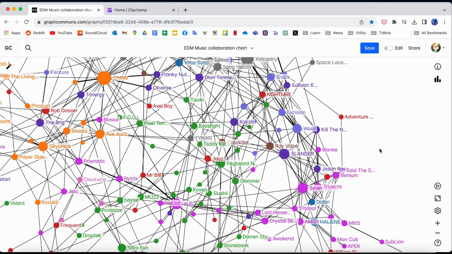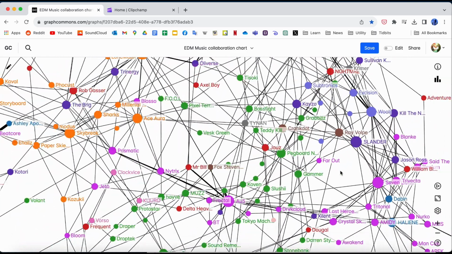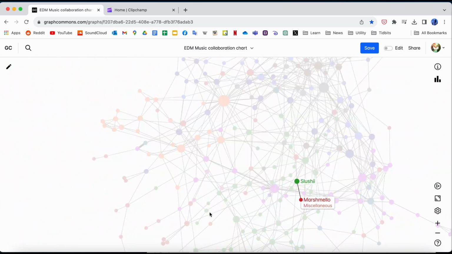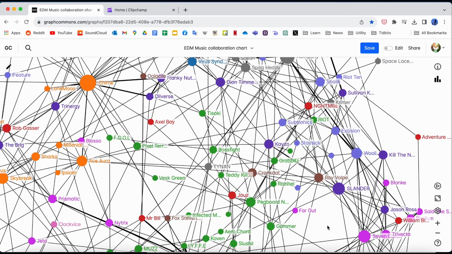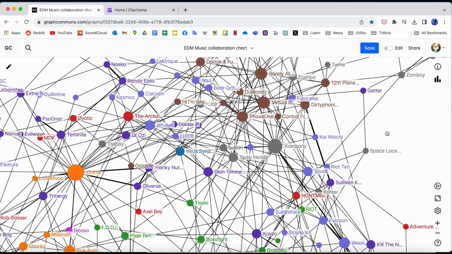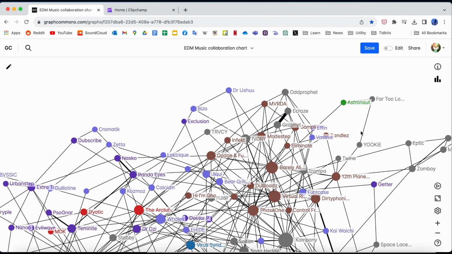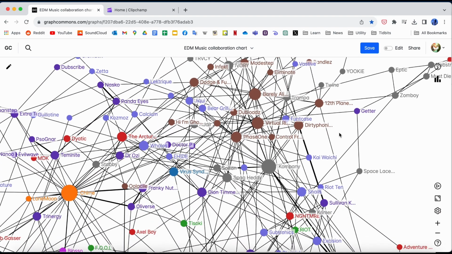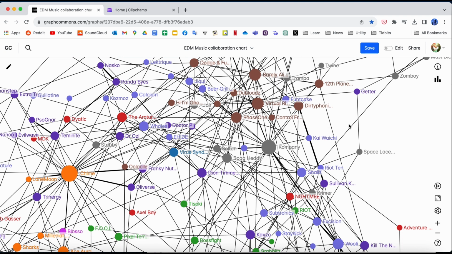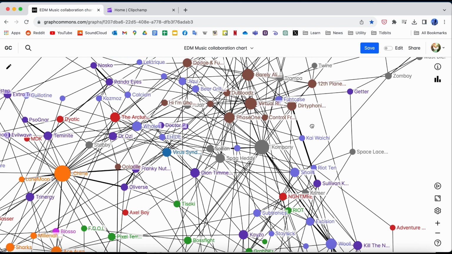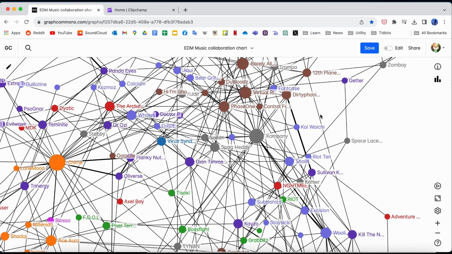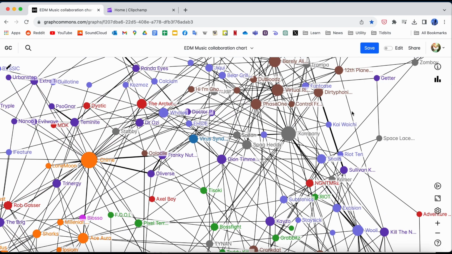So yeah. But if you want to make a graph like that, you could totally do that with this website. And there are definitely some artists that have collaborated with at least two artists on here, but the thing is I haven't noticed them yet. So if you do, or if you have any suggestions about this graph or something you'd like to see me do with it, leave it in the comments below. Or you can just go to this website and try to see what you can do with it. I would definitely appreciate it very much.